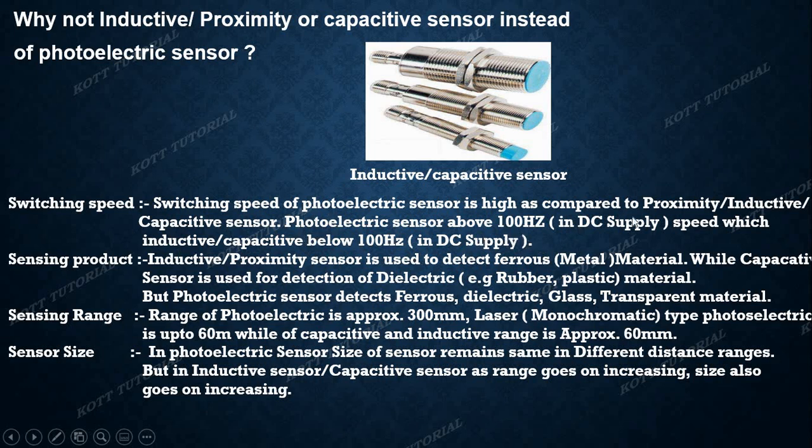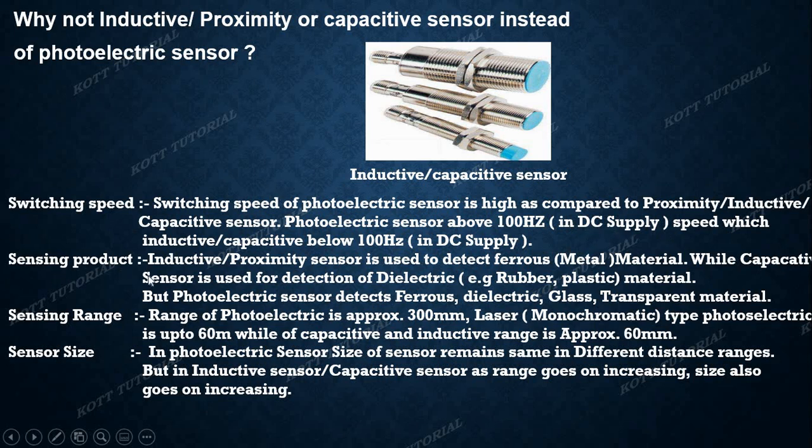That is the point which is being written here. It is used for high speed detection of the product. And in the bracket I have written DC supply. The reason is that 70 to 60% of the sensors which we use for industrial application are of DC supply. We don't use AC supply sensors mostly in industrial applications. That is the reason it is being written as DC supply.